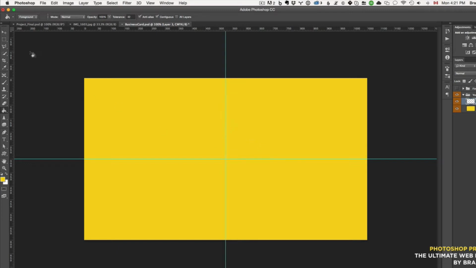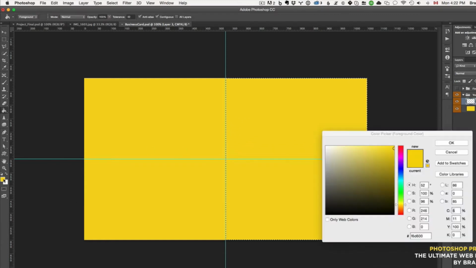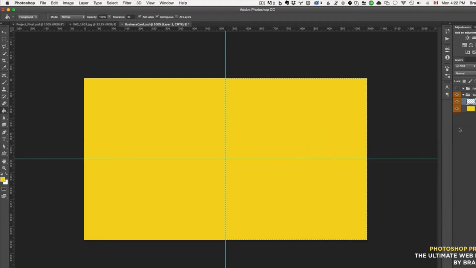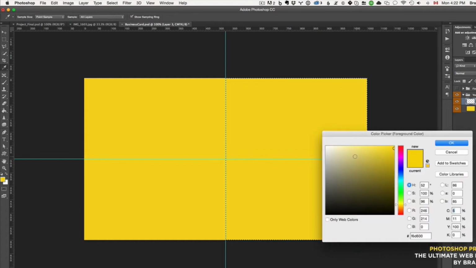So now I'm going to create a rectangular marquee selection. Select right here, and then fill that with white. So I want to choose the paintbrush, and you could fill that with white by changing this to white here, or you could simply delete this section of the layer, but I want to perform non-destructive edits. So I'm just going to fill that with white. So I'm going to choose white